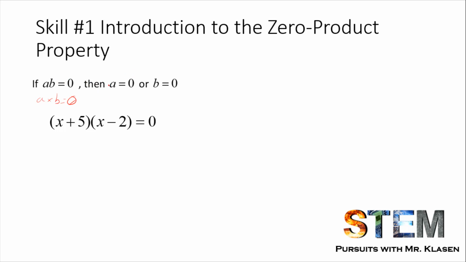So if you have A is equal to 0, well, then the whole expression is going to be equal to 0. And if B is equal to 0, well, then we can set that equal to 0. And you might be like, well, okay, yeah, you multiply anything by 0 and you get 0, right? So we can use that knowledge in terms of solving a quadratic. Because a quadratic has an x squared component, you always have two potential answers. So what you can do is take advantage of the zero product property to find the two possible solutions